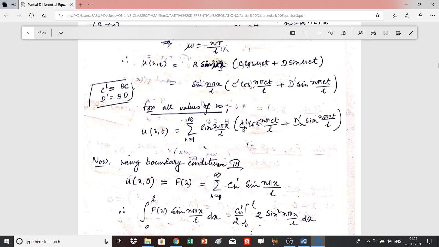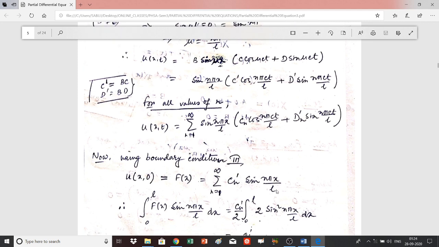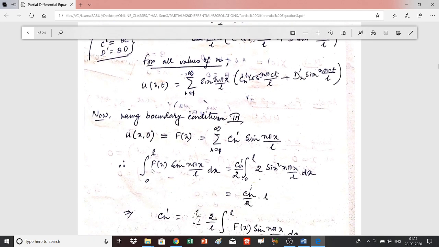then from here you can write also that f(x) is the sum over n from 1 to infinity of c_n prime sin(n pi x by L), and because in this case t is equal to 0, then this term will give you 1, and this term, since it is a sin term, will give you 0. So essentially u(x,0), that is the function of x, is the sum from n is equal to 1 to infinity of c_n prime sin(n pi x by L). So just do this integration from 0 to L of f(x) sin(n pi x by L) dx,